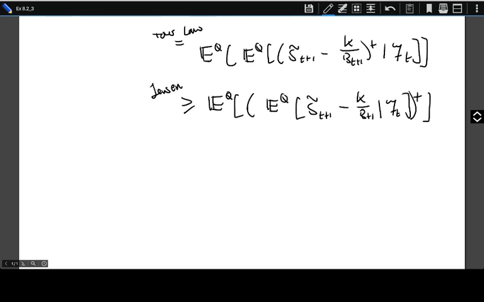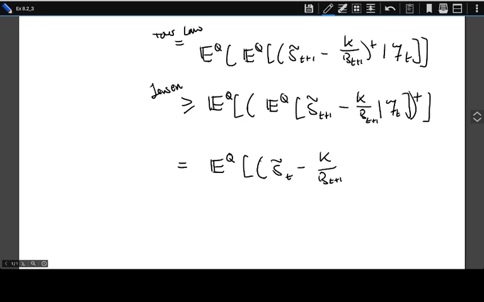Then we can use the fact that Q is an equivalent martingale measure, so S tilde is a martingale under Q. See that this is equal to the expectation under Q of S tilde_t minus K over B_{t+1}